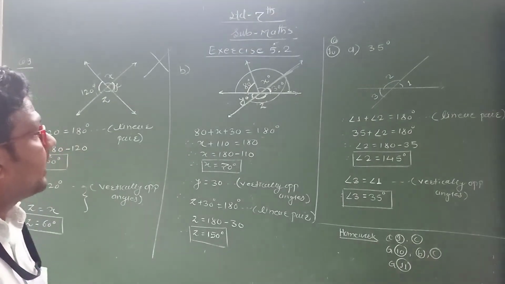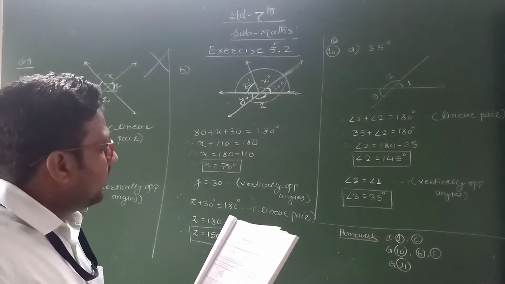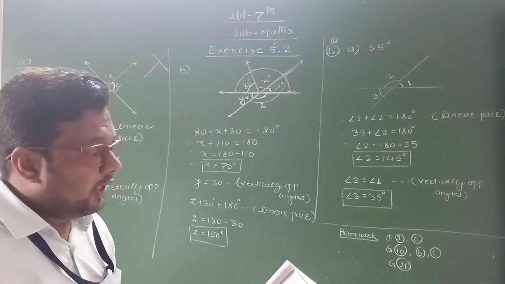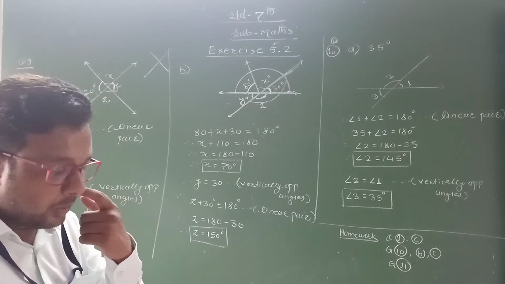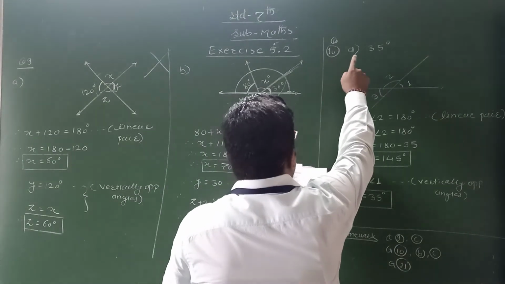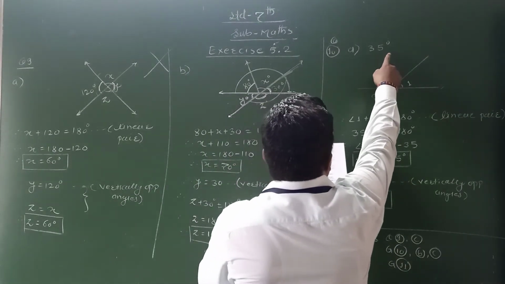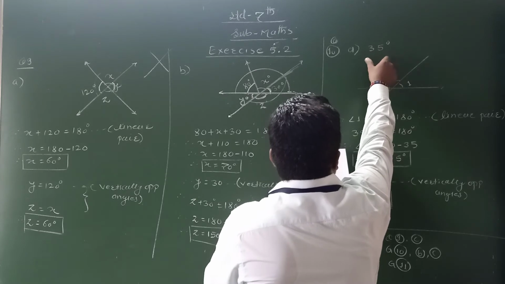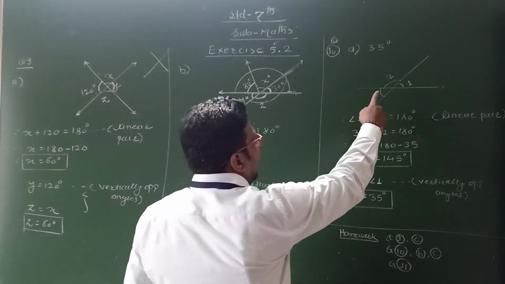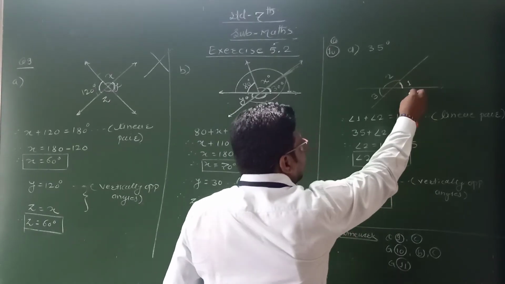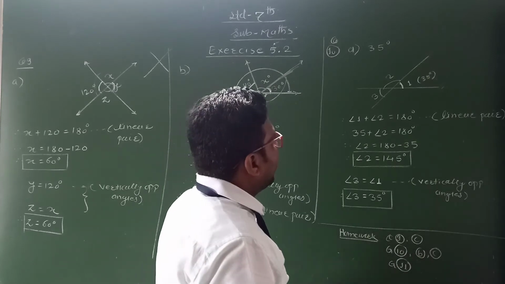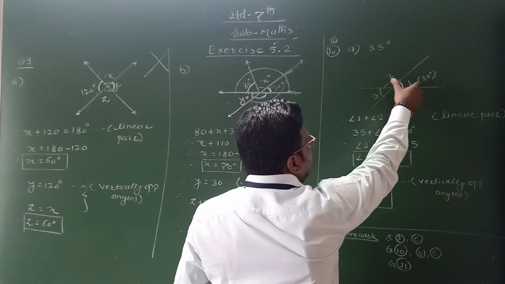Now see the question number 10. In question number 10, find the angle 2 and angle 3 in the following figure if angle 1 is equal to something. Okay. Here I take first example. Here angle 1 is given 35 degree. Okay. This value represents the angle 1. Now in given figure you have to find out the angle 2 and angle 3. Angle 1, this is given 35 degree. We can mention. Okay.